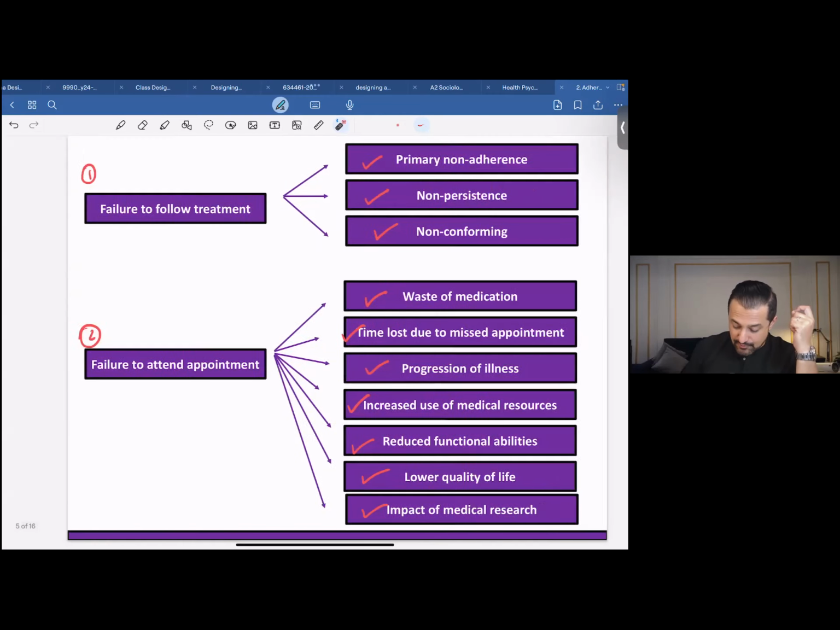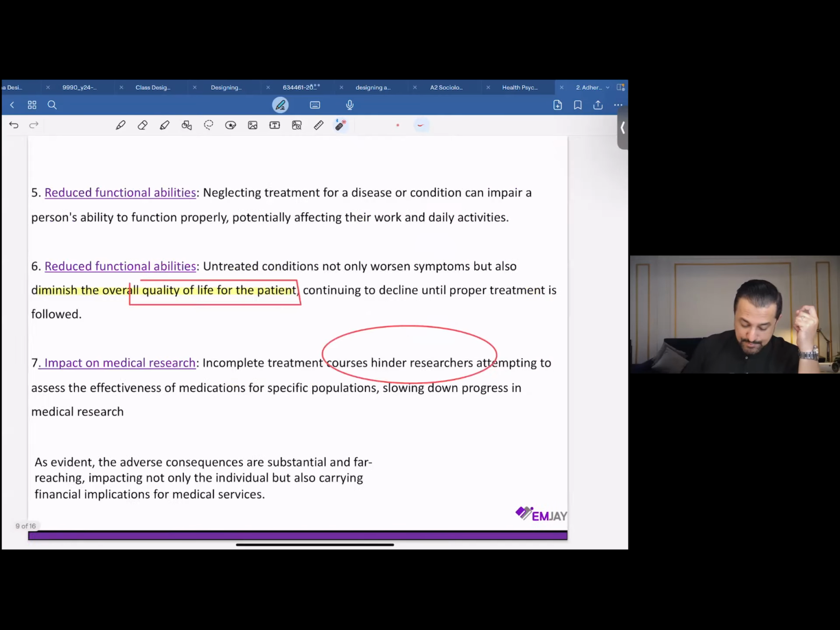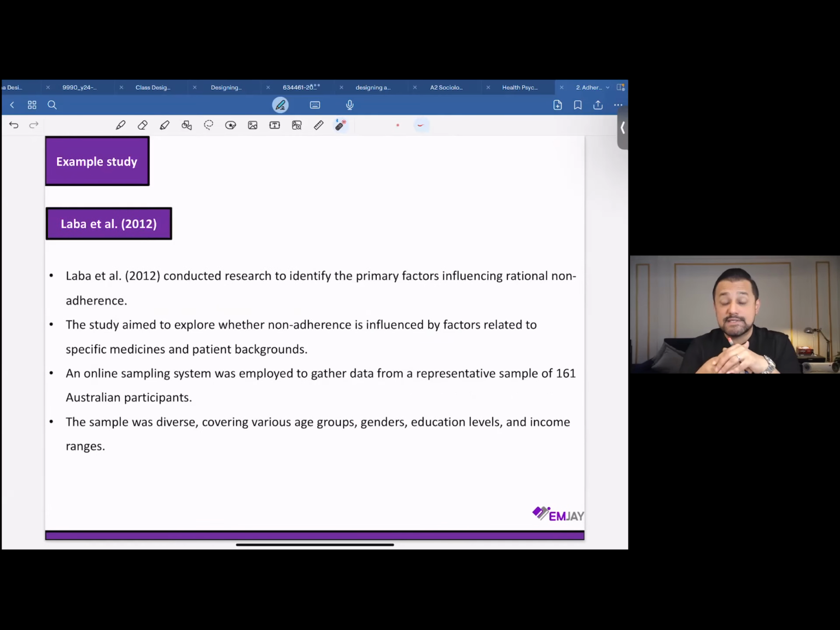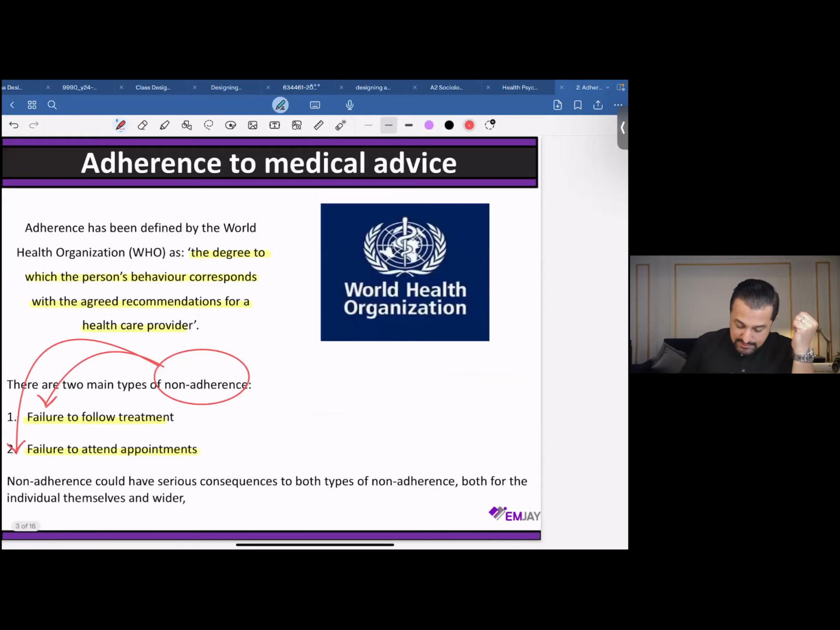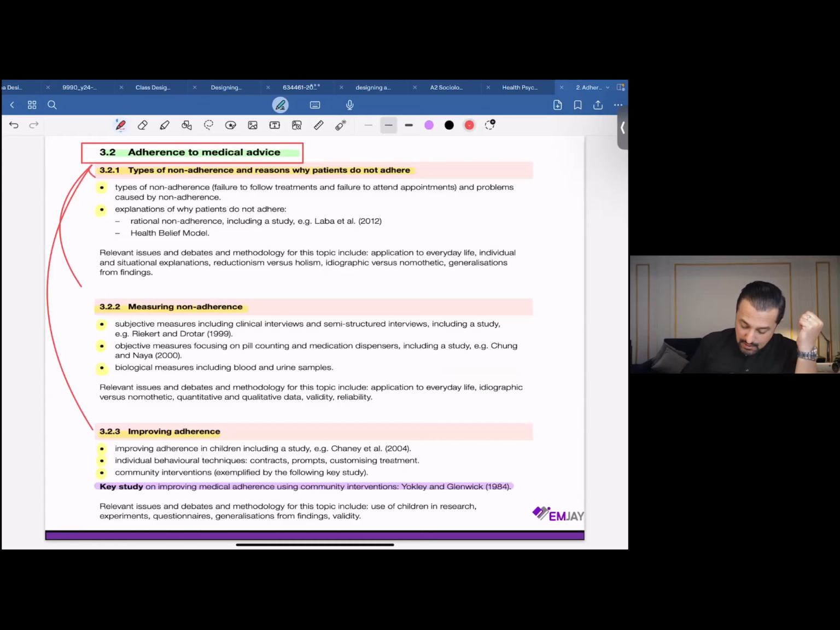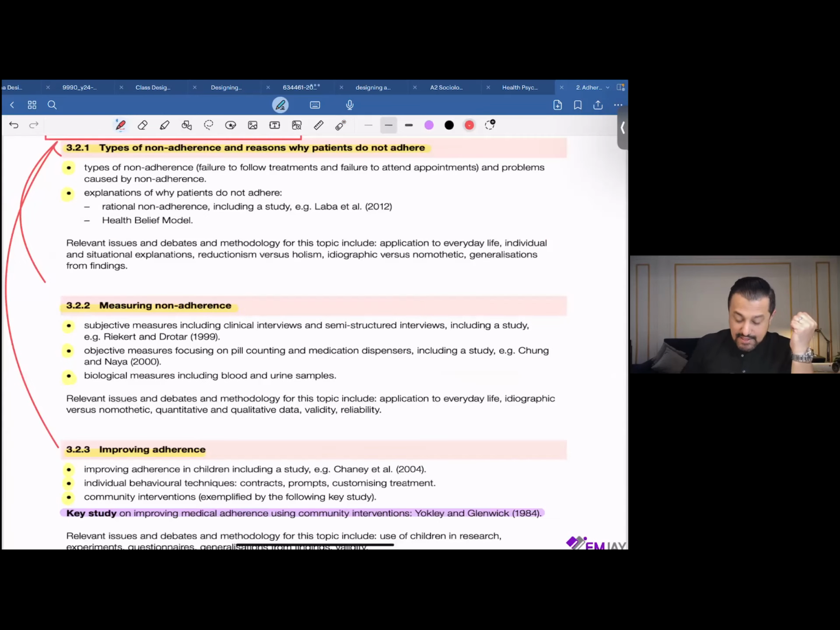Taking this a step further, let's move on and discuss this example study that was conducted by Laba et al. in the year 2012. Now, I'm referring to this as an example study. What do I mean when I use the term example study over here? Let me just take you back to the syllabus. Now, if I speak about how a syllabus is designed